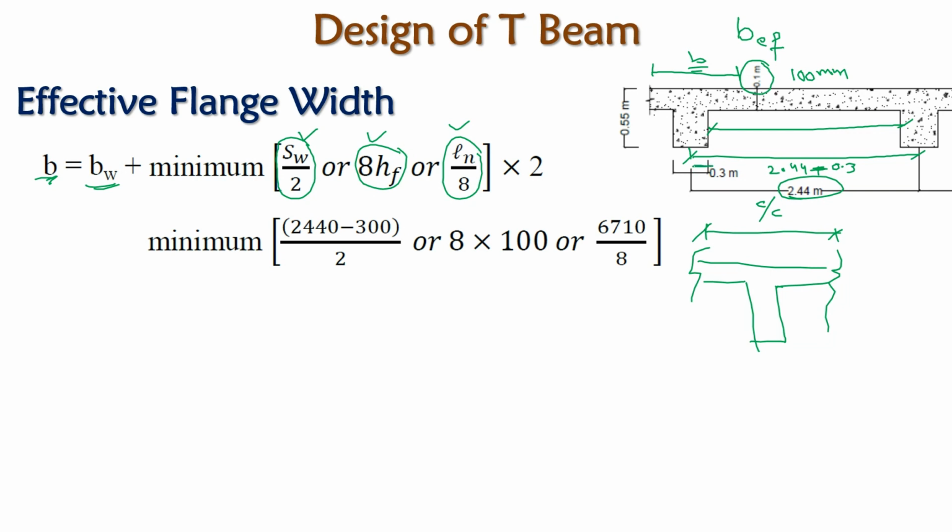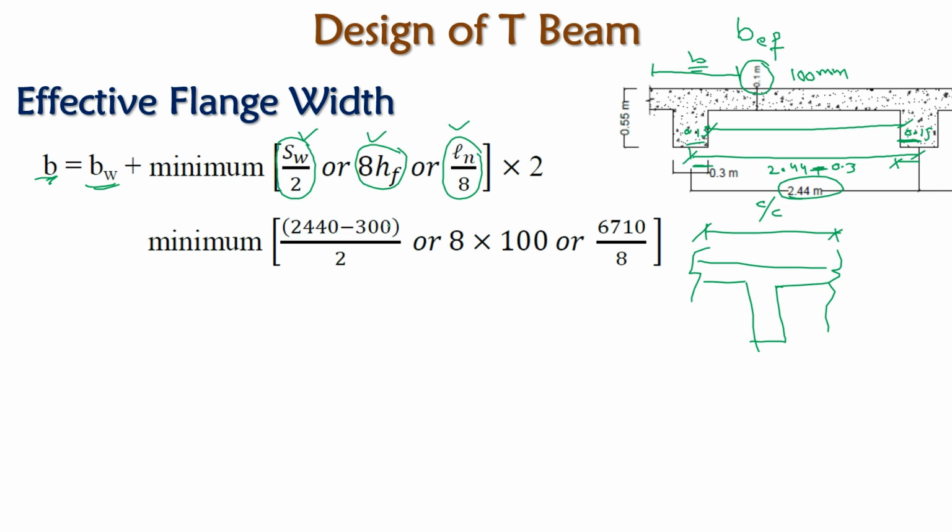But we have to deduct this value and this value to determine the clear span. This is the SW, clear span between the beams. So it will be 2.44 minus 0.3. Half of 0.3 from here and half of 0.3 from here. This is 0.15 and this is 0.15. So the clear span between the beams is